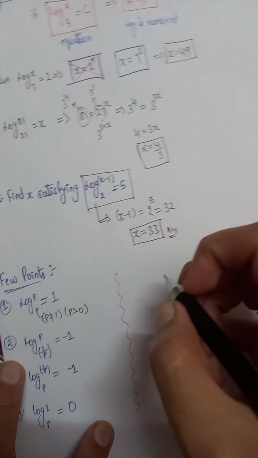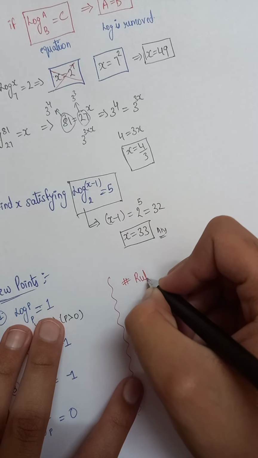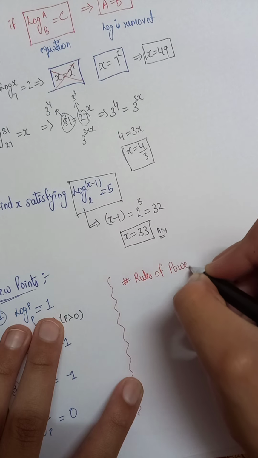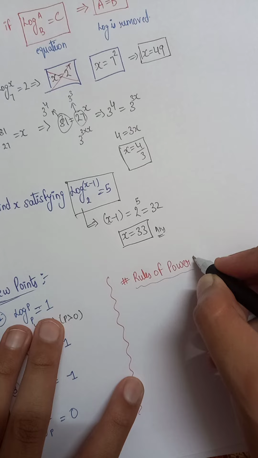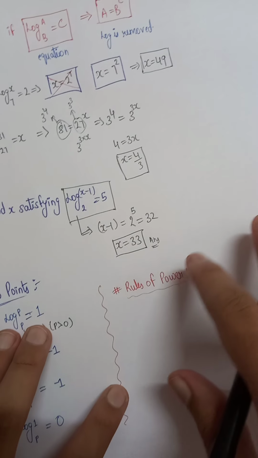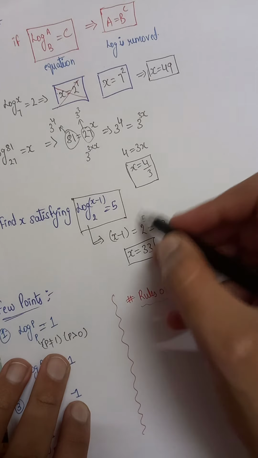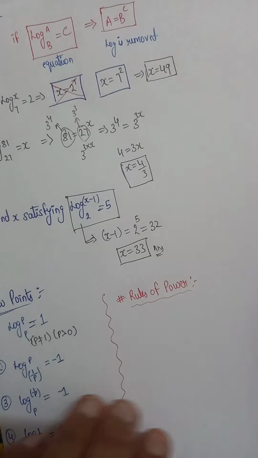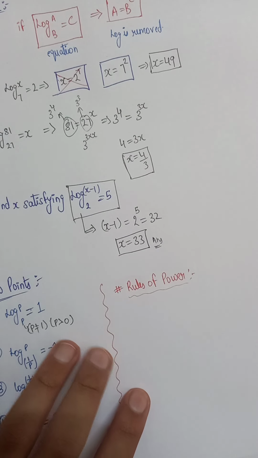Now next, rules of power. Rules of power, here power means the one like this. Okay, 2 to the power 5, not the Shaktiman power. Okay, let's start. Here, first point,